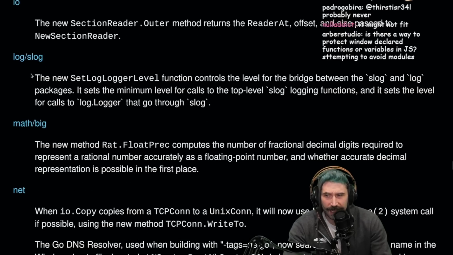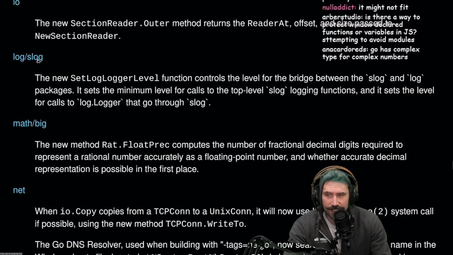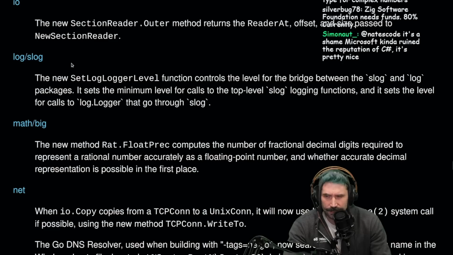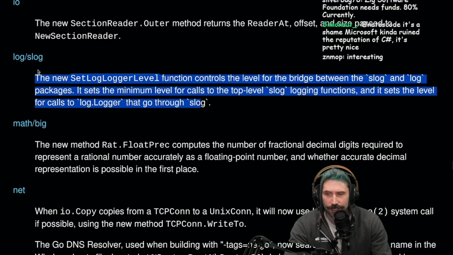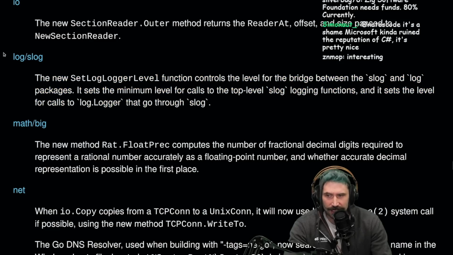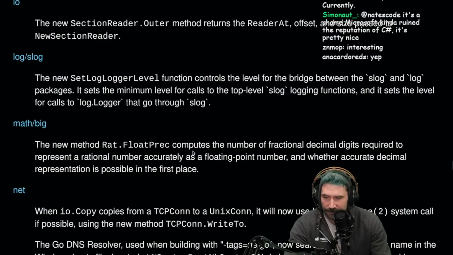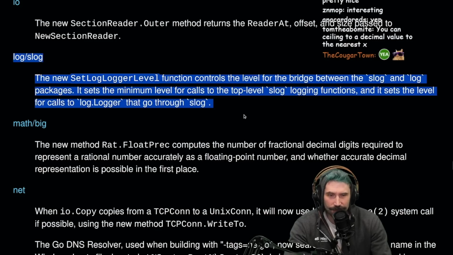I want to learn more about how this structured logging came in. This is new as of what, Go 1.21? 1.20. I would like to learn more about it. I don't know about how Go does all of its logging. All I know is the log class apparently is super convenient and people really love it. And I've never heard anyone say anything but, like, this is the greatest thing ever. So I want to learn more about this.